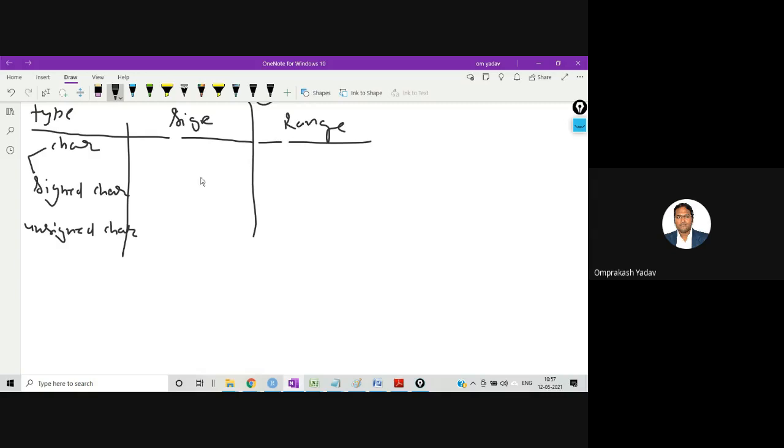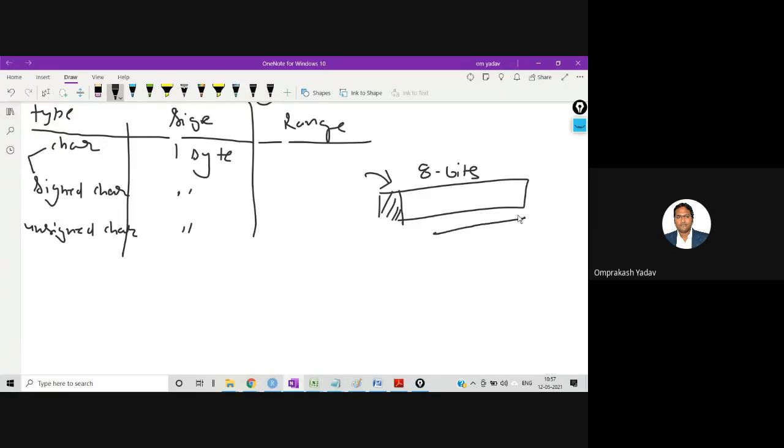So now for this character, if it requires 1 byte, here also 1 byte. So if it is signed char, we are having total 8 bits. Out of that, the last bit will be reserved for signed purpose. So total available over here will be 7 bits. 2 raised to 7 is what? 128.